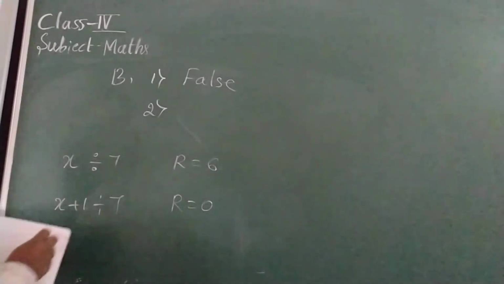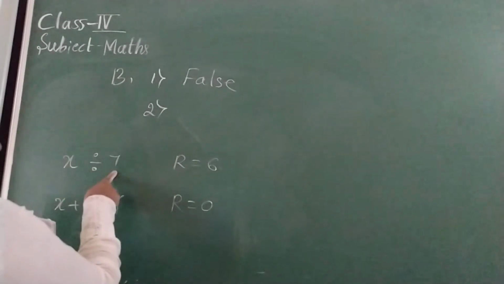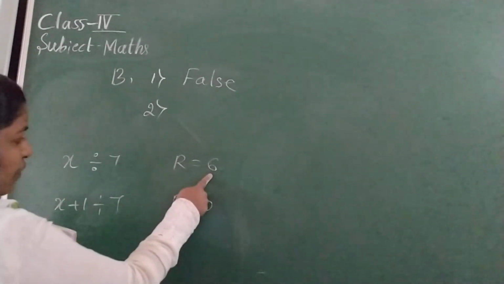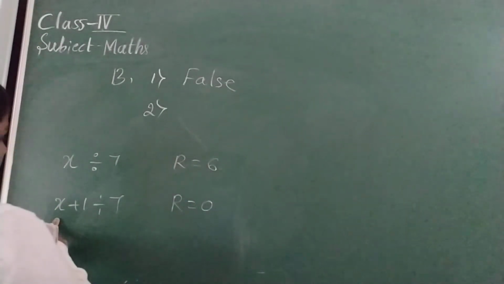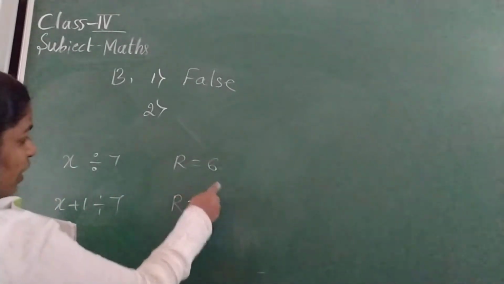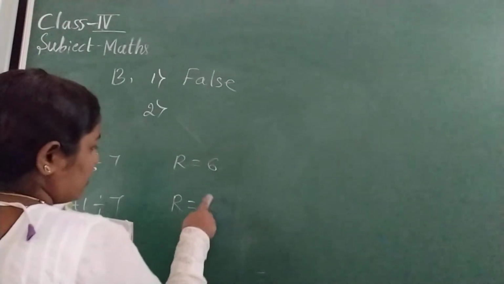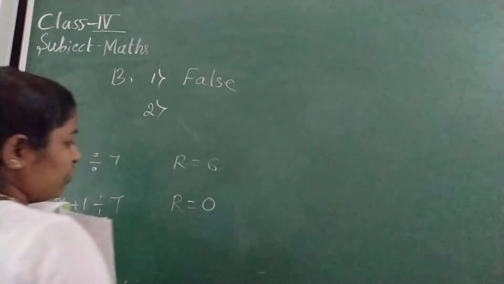Yes, because the number divided by 7 has remainder 6. If the number becomes its successor, at that time the remainder will be 7 because 1 will be extra. So 7 will go in once, and the remainder will be 0.